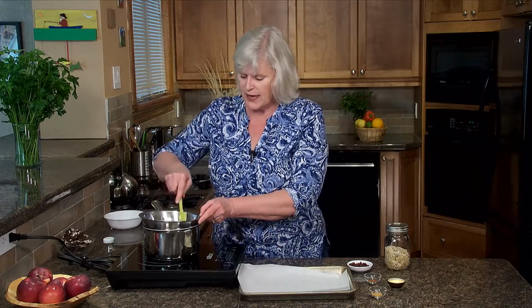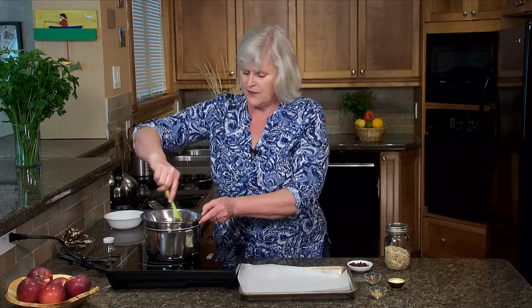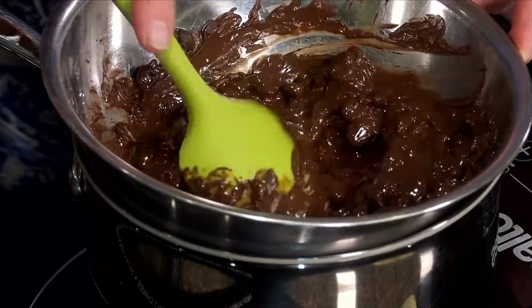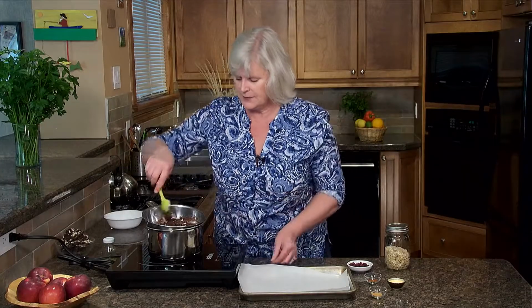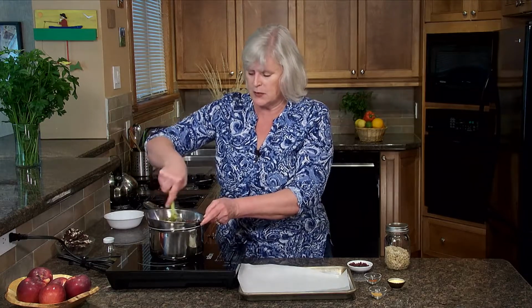I've got so much heat I can even turn the burner off now because the water, of course, will continue to steam away. And just stir it fairly continuously. You want to get the chocolate up off the bottom because that's where the bulk of the heat is. And you'll see it just getting smoother and smoother as you stir. You might need to scrape off your scraper if there's chips adhering to that. I do find a silicone or a rubber scraper is the best for this, but of course you can use a spoon if that's what you've got